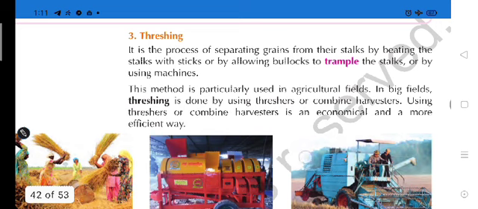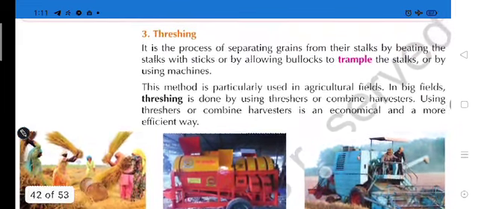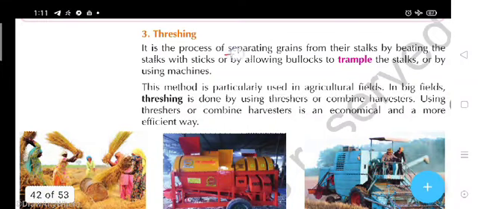It is the process of separating grains from their stalk by beating the stalk with sticks, or by allowing animals to trample the stalks, or by using machines. What is happening in threshing is separating the grains from their stalk.